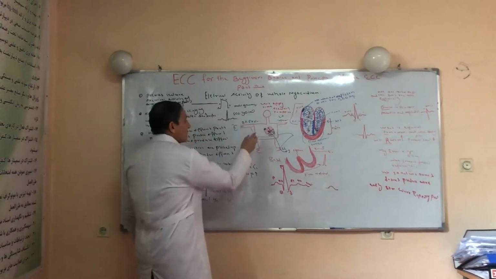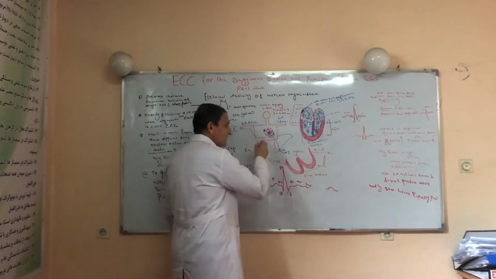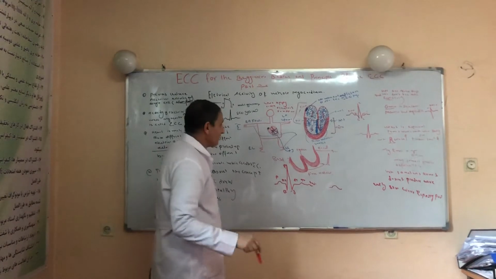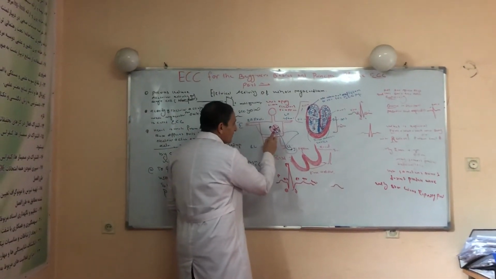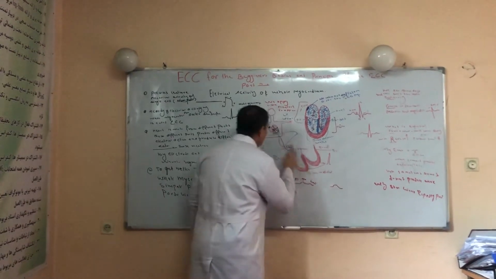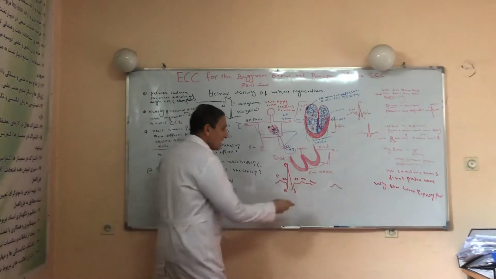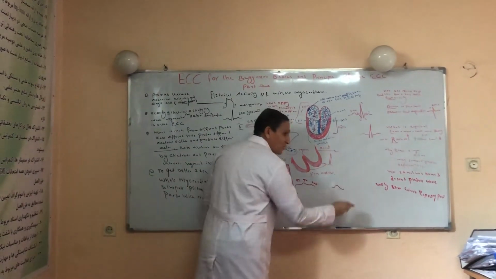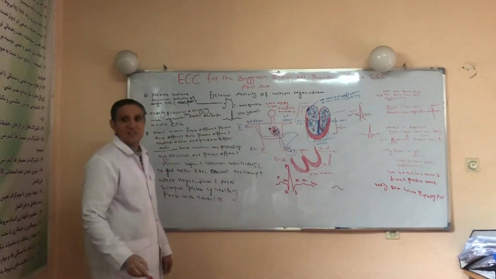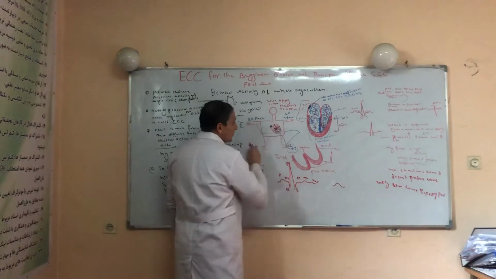Now, atrial depolarization produces a vector which moves downward and leftward toward the positive electrode. So the wave produced over the ECG paper from the atrium is a positive wave, and it is a small wave, gradually produced over the ECG paper compared to the QRST.